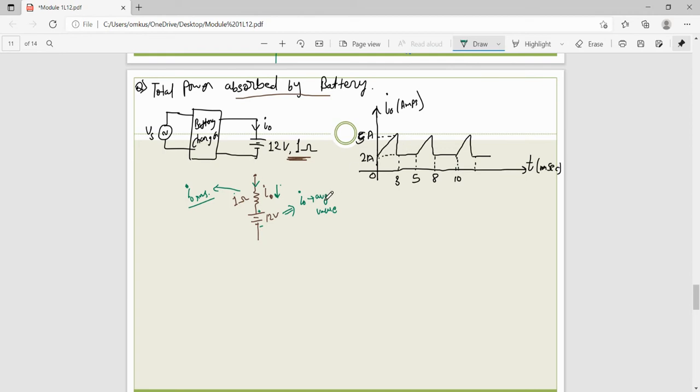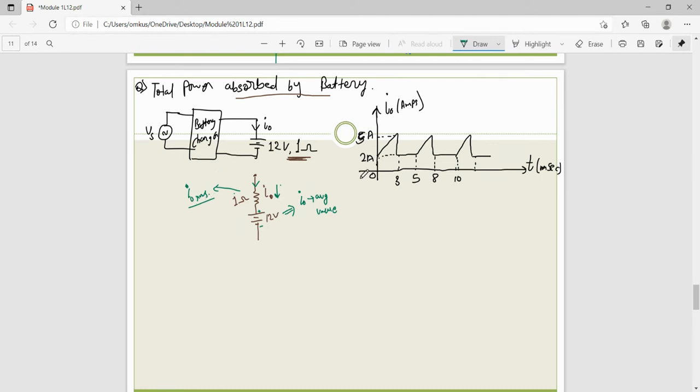So that's why, in that case, we need to take the average value. But when we consider this resistance, if a sinusoidal signal is given to you, the current starts flowing from both directions, right? So in that case you need to take the RMS value of current. We already studied the definition of RMS, that is the effective value of current for the AC waveform.